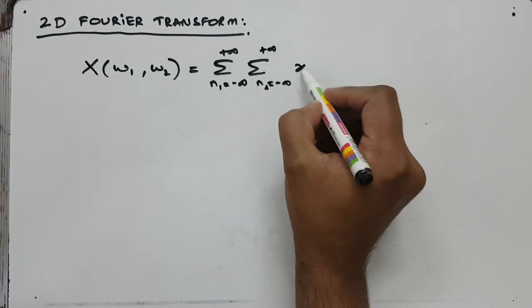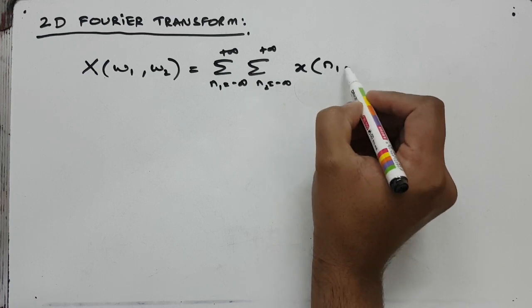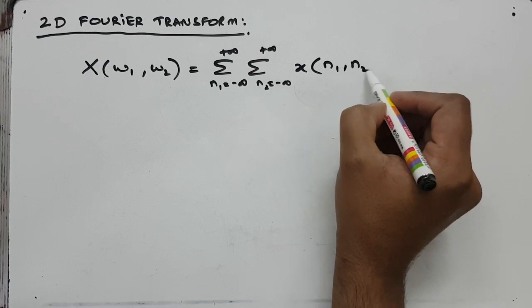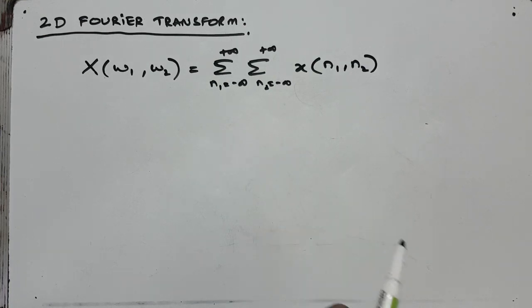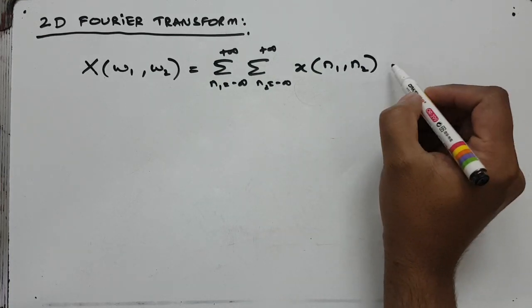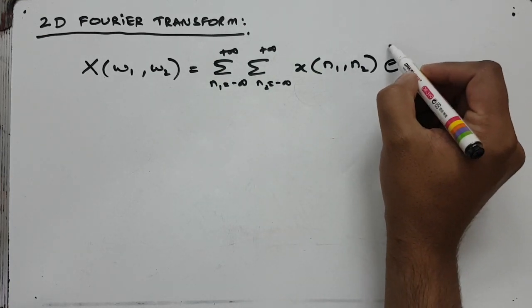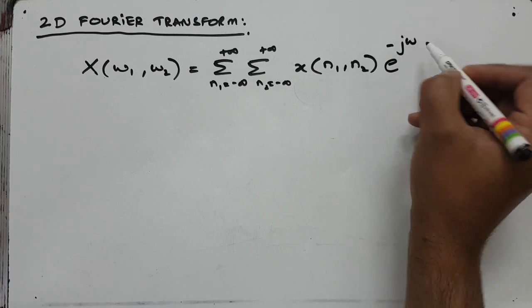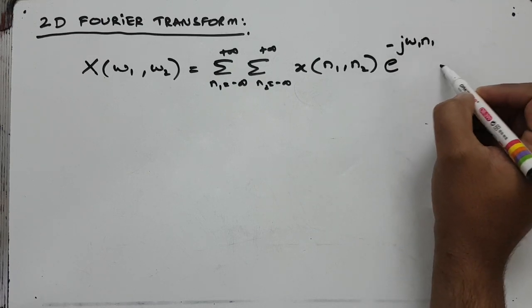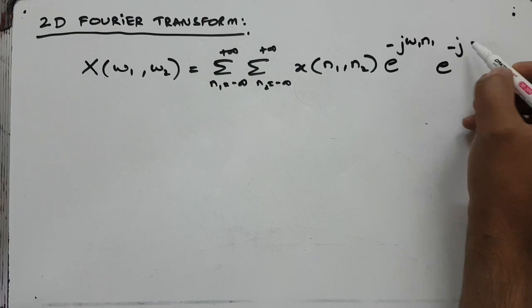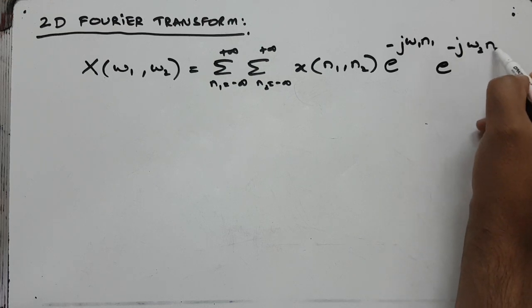Of a signal which was defined over space, and the space is currently 2D space defined over n1 and n2, and multiplied by the exponentials e power minus j w1 n1, e power minus j w2 n2,